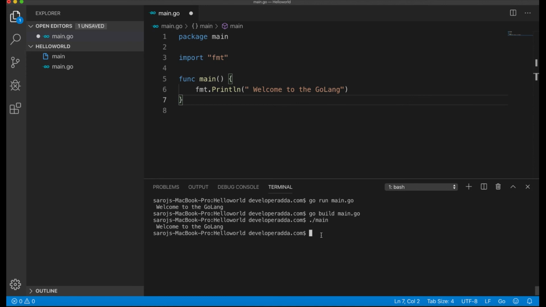Go format automatically formats all the code in each file in the current directory. Go install compiles and installs a package so that we can use it on our current machine. Go get is used to download any third-party package. Go test is used to run any tests associated with the current project.